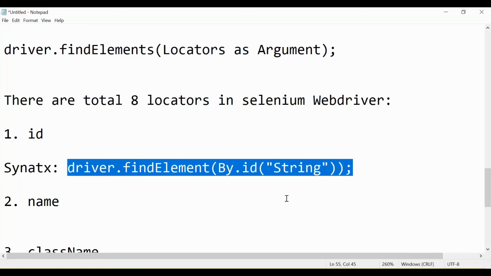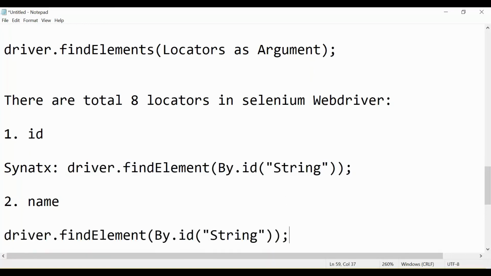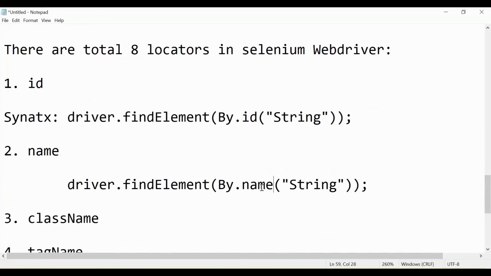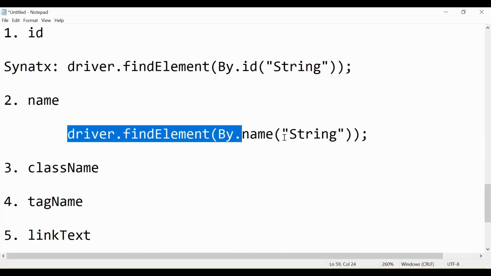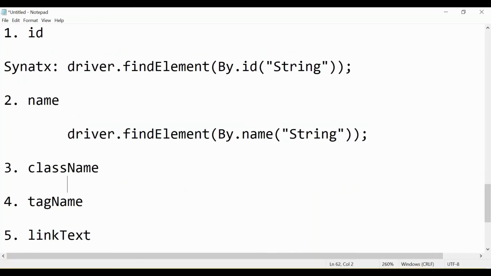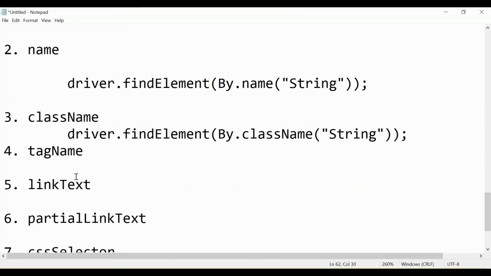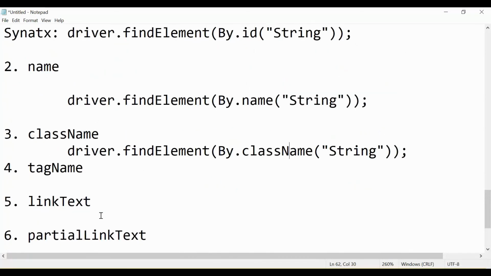If you are using name, in place of ID just write By dot name and then a string, whatever name is available on the web element. It is similar for all these.